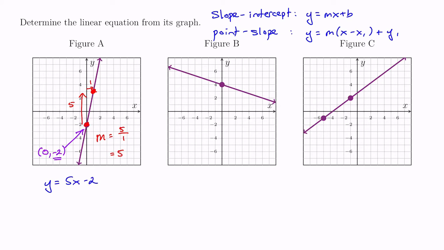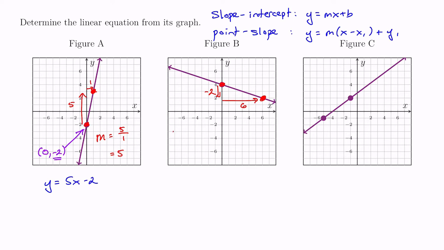In figure B, I'm again going to start by first finding the slope. So that means I need to find 2 points on this line. Again, the y-intercept is already given to us, as well as I can figure out there's a point here at 6, 2. So to get from the y-intercept to the point over at 6, 2, I can see that I have a rise of -2, meaning I have to go down 2 units to get to the height of the lower point. To get from the y-axis over to the point at 6, 2, I have to have a run